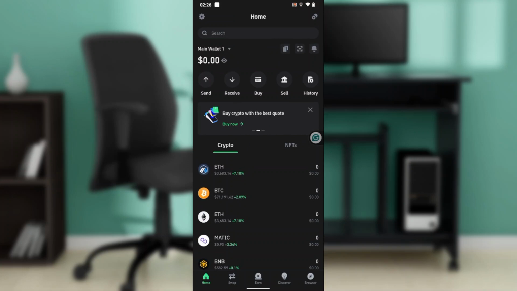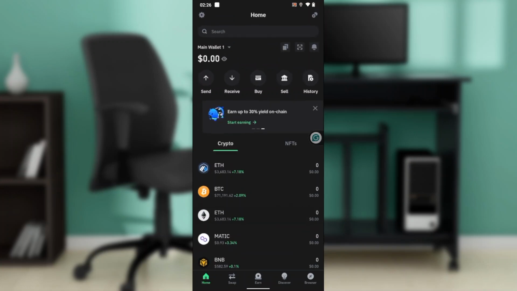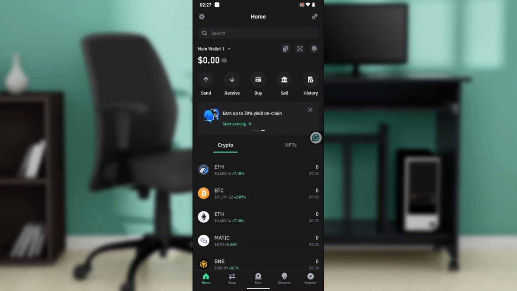Now it is interesting to know that Trust Wallet is a secure self-custody crypto wallet supporting 10 million plus assets across 70 plus blockchains, including crypto. You can buy, sell, swap, transfer, and earn cryptocurrencies all in one beautiful space. Doesn't that sound interesting? All right, so now that we're here, let's hop into today's section, how to buy Arbitrum